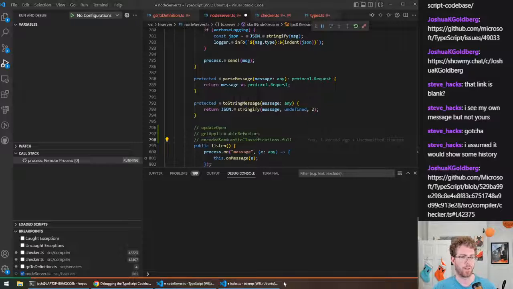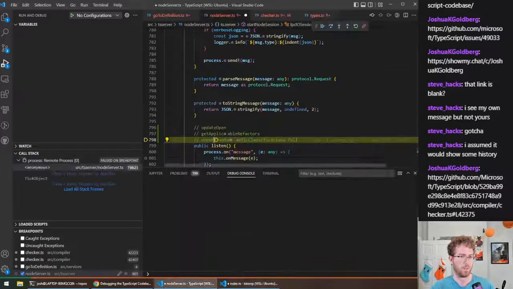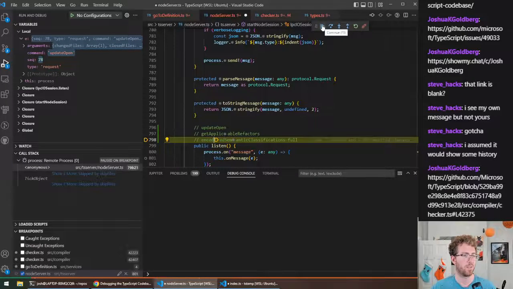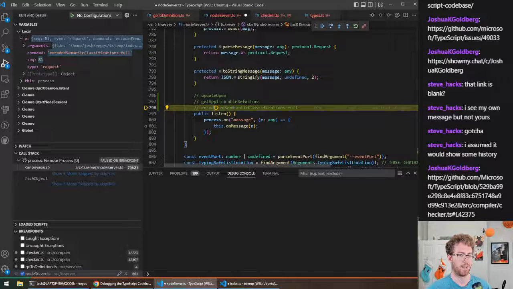What else I want to know is, okay, how does it respond? Can I look at all the responses? Update open, get applicable refactors, get error. A hunch tells me I don't need to look at get error. Encoded semantic classifications. So like if we look at on message,